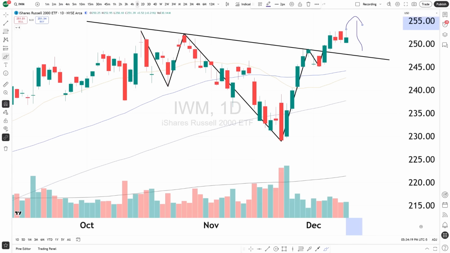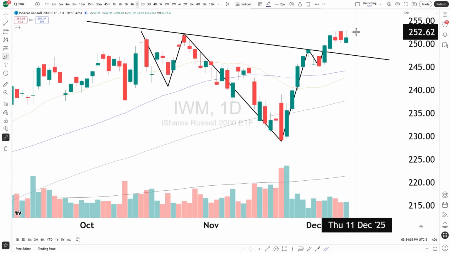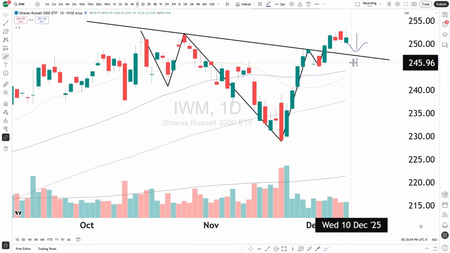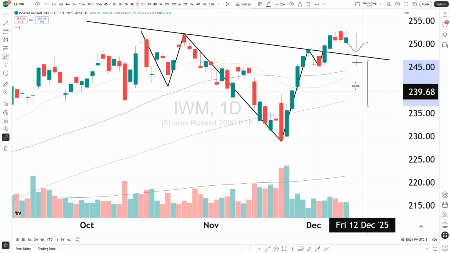But this could be the result of something else brewing. Maybe a triple top situation. If the Fed does push us lower tomorrow or throughout the rest of the week, and we start to close candles below the neckline, then we could say that we're in a different position from where we are currently, and we could see some more downside potential.